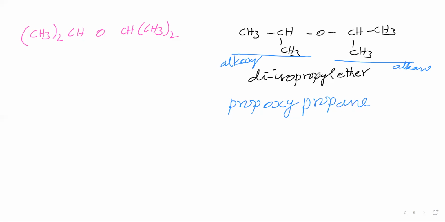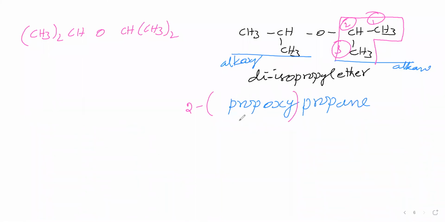Now we have to say the position. In the alkoxy part we have to say the position, and in the alkane part also we have to say the position, because the functional group is not attached at the terminal carbon. This is the parent chain, the alkane part. Here we will give numbering: it is 1, it is 2, it is 3. Now this alkoxy part is attached at the second carbon of the parent chain. Therefore, we'll say 2.